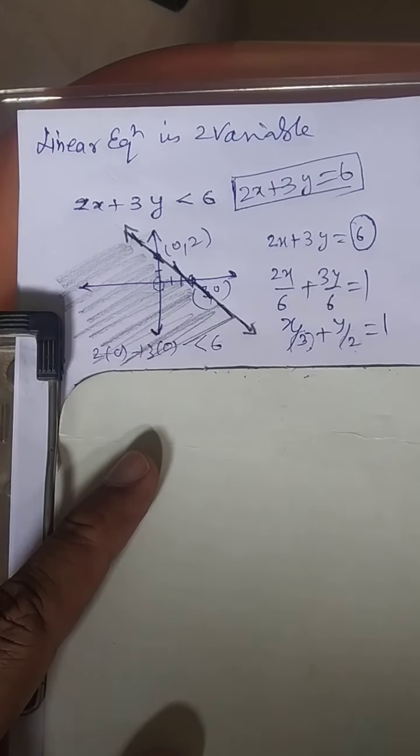Simplify this. It will be x, always keeping the numerator positive, divided by minus 4, plus y by 3 will be equal to 1. Just try to understand this logic: writing the equation in equal-to form, dividing by this number and getting the x and y intercepts. Now what is the x-intercept? Here it is minus 4. So somewhere here, minus 4. The y-intercept is 3, somewhere over here. Now the line will pass through these two points. This is nothing but the equation of the line.